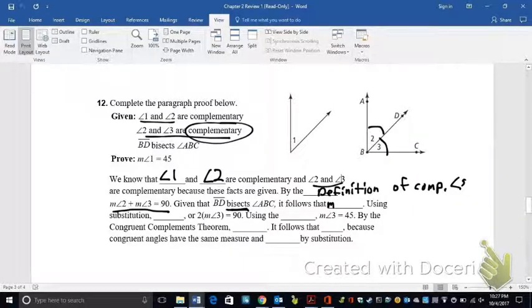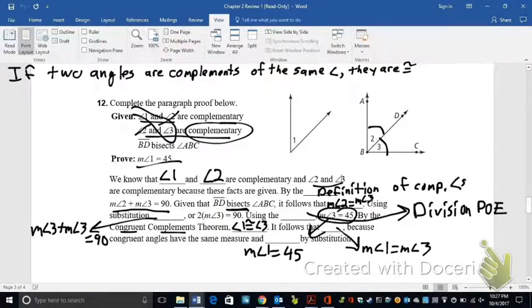So, given that AB, so now we're looking at that next one. Given that BD bisects angle ABC, well, what does it mean? Bisects means that we have two angles which are equal to each other. So we can set up that the measure of angle 2 equals the measure of angle 3. Using substitution, and this is a little tricky, but we can go 3 plus 3, whoopsie,